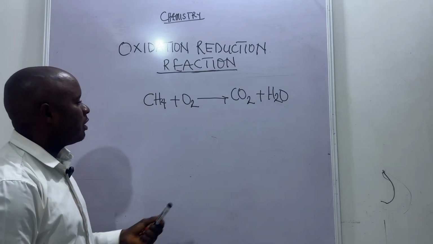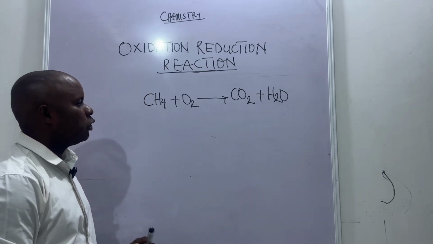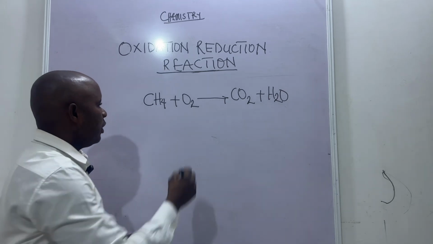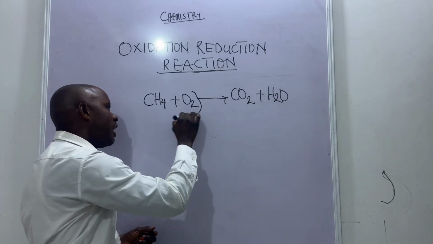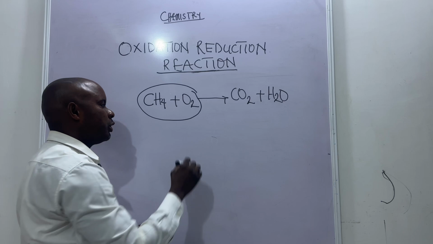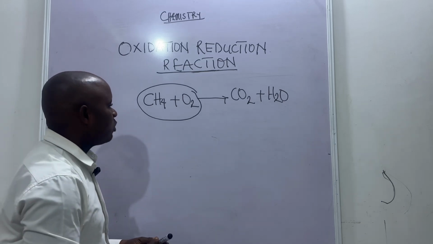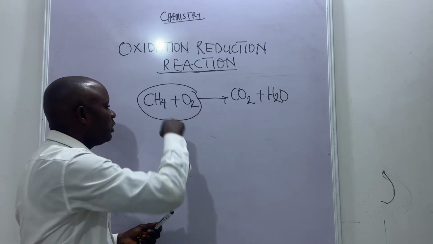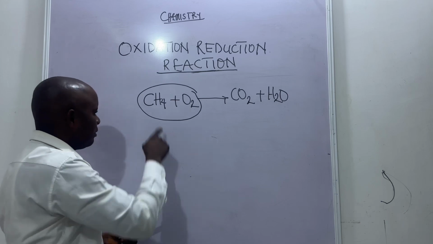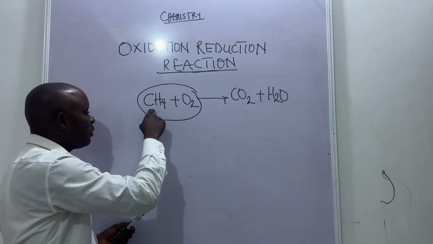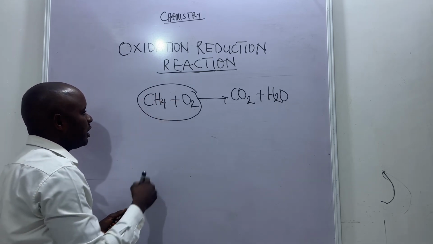Okay, if you should see this kind of equation, what will come to your mind? As I've said before, you must consider this aspect of this reaction, which is a reactant. We must know the oxidation state of each of these reactants. So we said this participating species here. Let's know the oxidation state of this carbon. We said carbon